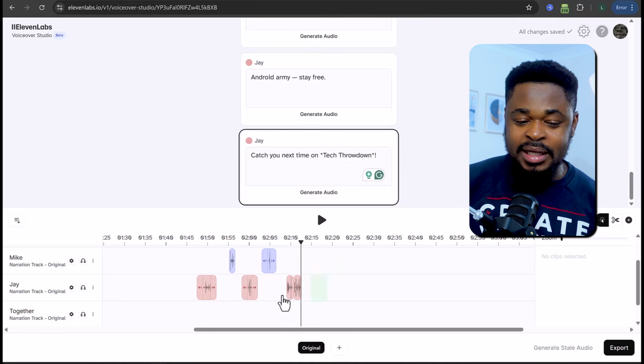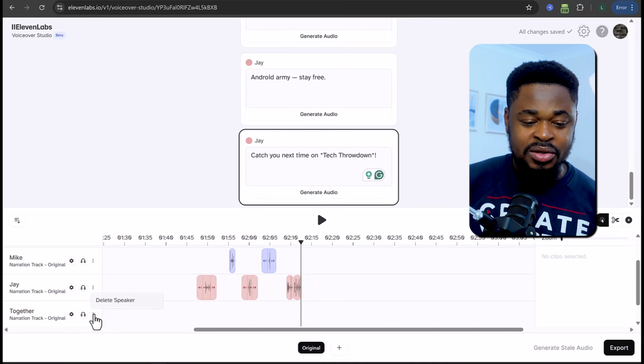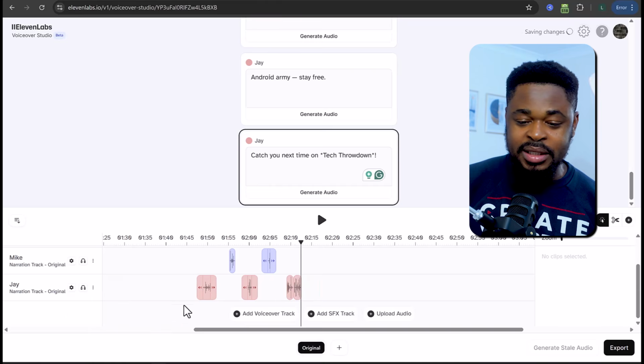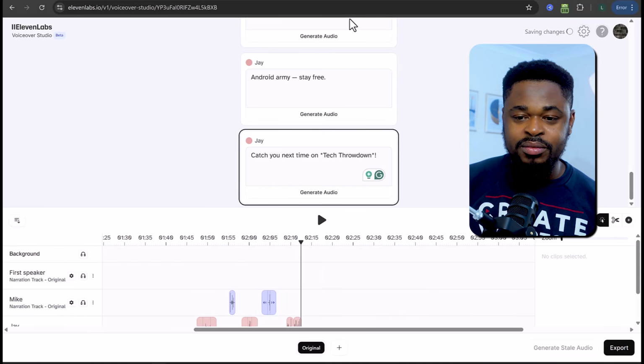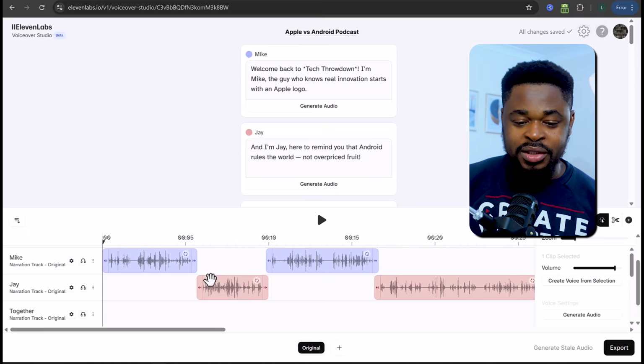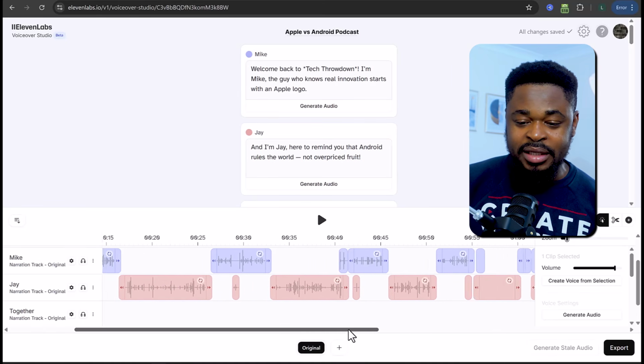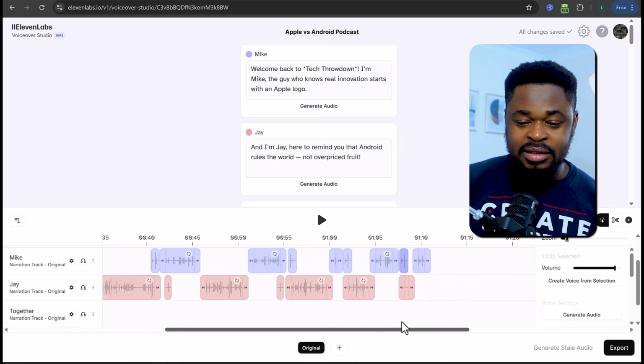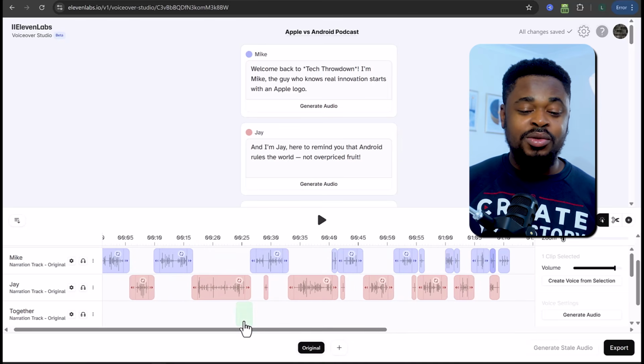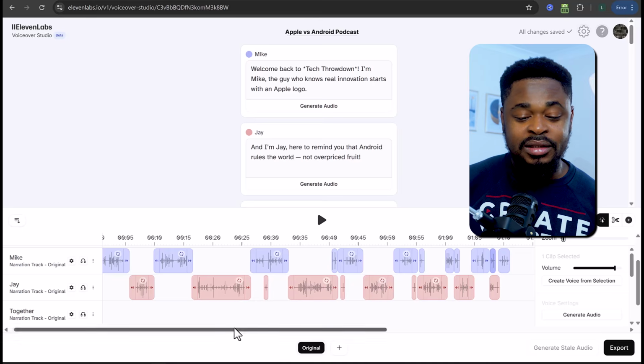So we have that. And this track is not useful. You can just delete the speaker. Once you're done, it's going to look like this. You can see the timeline here. All right, looks good. Now, once we are done with generating all the audio and arranging it properly,